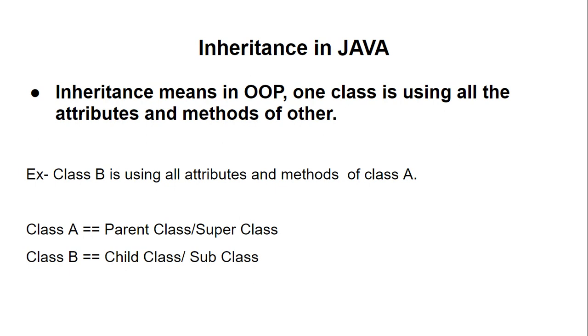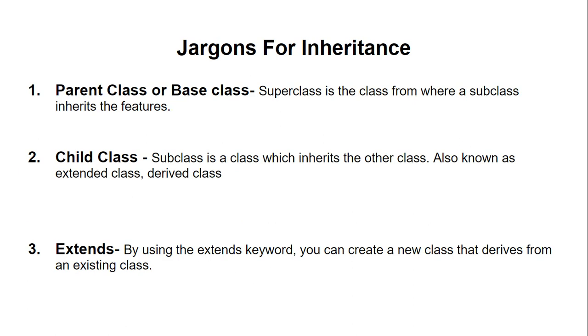So what exactly is class A? Because class B is inheriting some properties, methods or attributes from class A. So class A is our parent class or superclass. And what is class B? Class B is the child class, the subclass. So whenever we are going to understand inheritance, we need to understand very basic terminologies related to inheritance